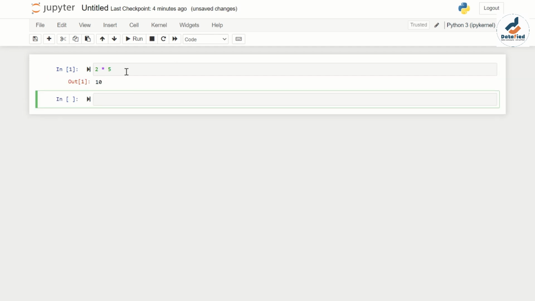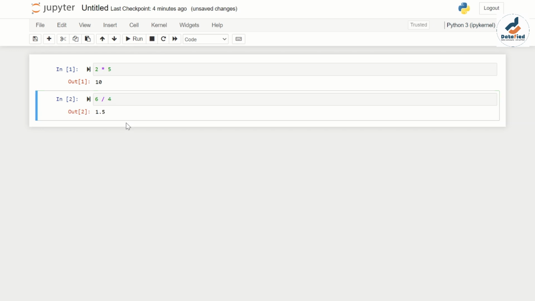So once you run the cell, how do we run cells? Let me put in another operation: 6 divided by 4. To run cells, you either hit this play button, or you hit this run, or you press the shortcut. The one I use in running the first cell is shift enter. Shift enter will run the cell and create a new cell underneath. You can also use control enter to run the cell, but when you use control enter,